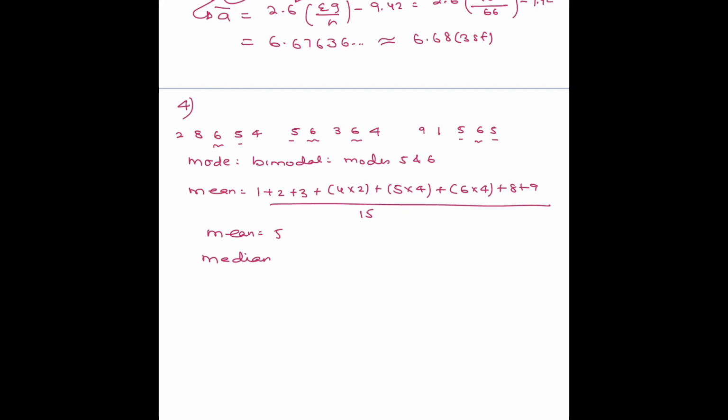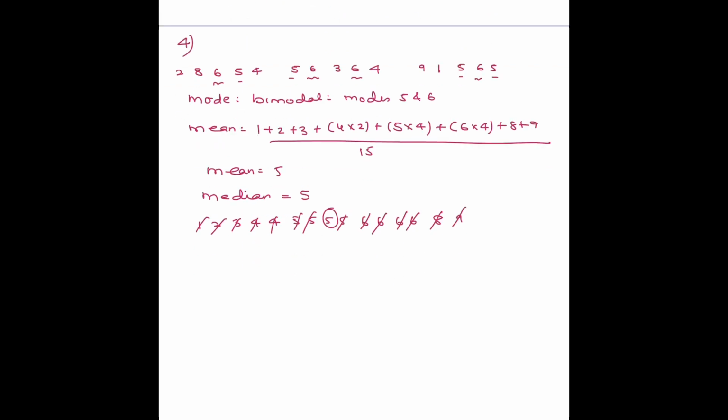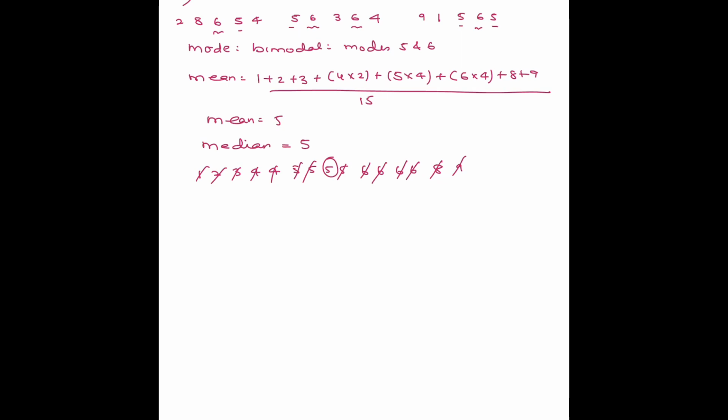So I need to arrange it and keep crossing it out. So it's 1, 2, 3, 4, 4, 5, 5, 5, 5, 6, 6, 6, 6, 8, 9. So median is 5. All right, now the numbers are